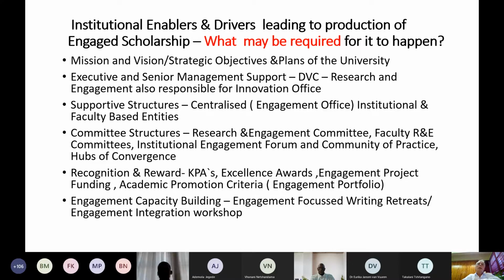Then very important is that it should be included in the recognition and reward criteria. For example, in the KPAs, at our institution, for all of the heads of departments, directors, deans, one of the key performance areas is how they're driving engagement in their particular department or in their particular portfolio. Your awards that you have, you give recognition to engagement. Project funding needs to be funded by the institution, and I'll come back to how it's actually